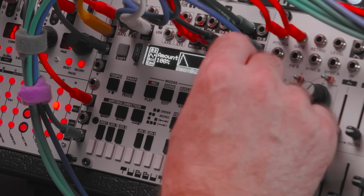So that is the mod out. There's a lot of stuff that you can do with it, obviously. There's a level one where you set a level for each step, which is really, really cool. There is, let's see, what else is there? Envelope mod, level, mod plus level, and then sample, as we talked about. So,